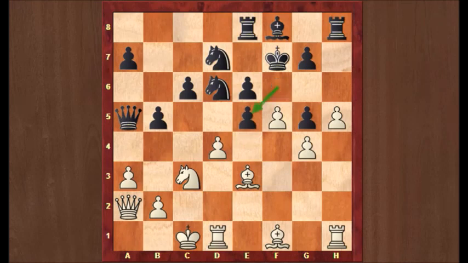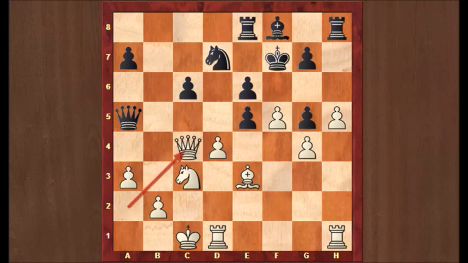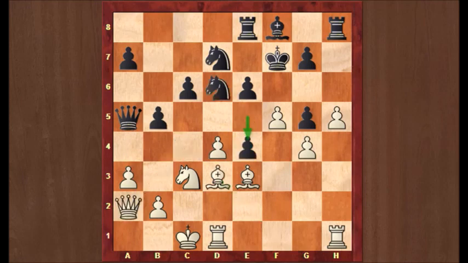F takes e5 and bishop d3. Now there's a variation that Alekhine gives. He says after knight c4, then there is bishop takes c4, b takes c4, and queen takes c4, white is winning. In the game, Grünfeld pushed his e-pawn, which was taken. Knight takes, bishop takes, knight f6,